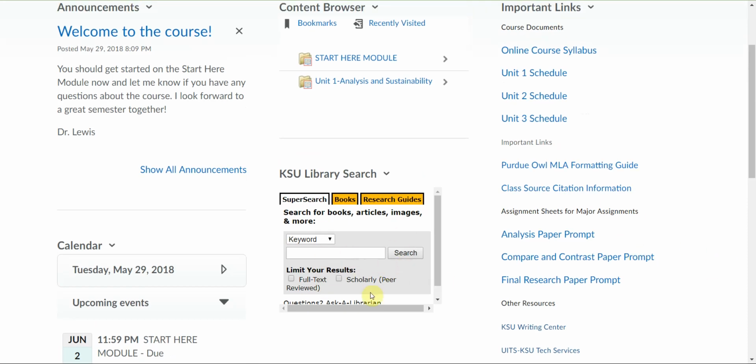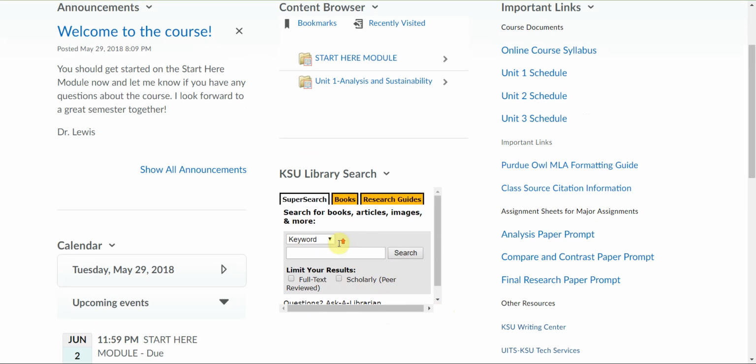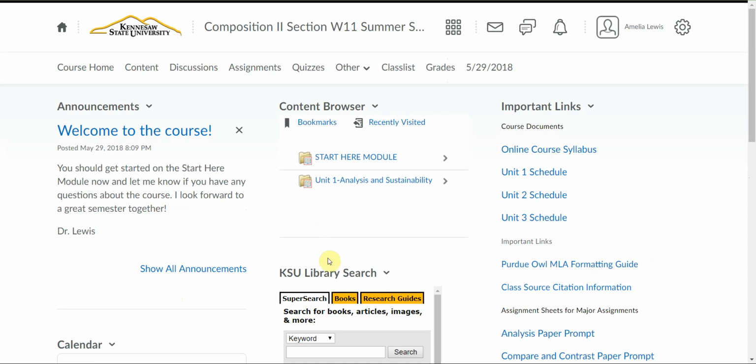I have a KSU library search box here as well. So we will be doing some research in this class, and we'll talk about the library a little bit more later in the semester, but this is just an easy way to find it. Okay, so now we can actually look at the